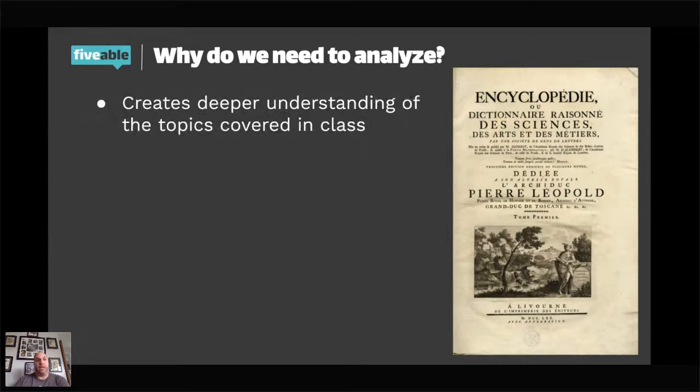Enlightenment is a big topic because it affects a lot of things. And so this is an example of an Enlightenment primary source that you might have to analyze. Now, it won't be given to you only in French. You'll be given a translation. But even then, you have to understand what the translation is saying. And so if you don't know how to analyze it, how do you know what the translation is saying?